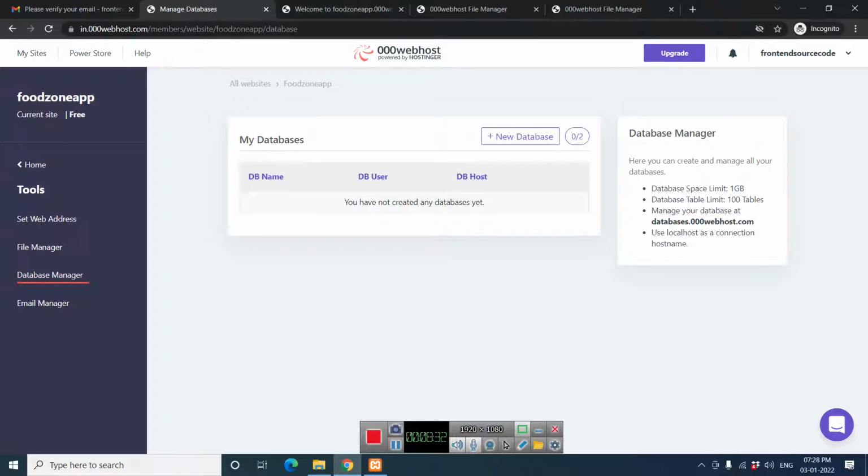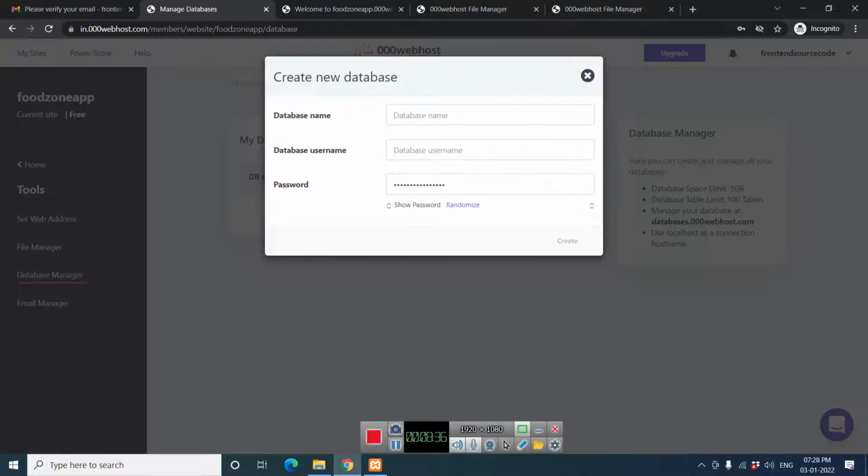So here you can see there is no database available. So we can create a new database. We'll provide the database name Food Point. The database name and username should not be equal, so I'll use a different one.